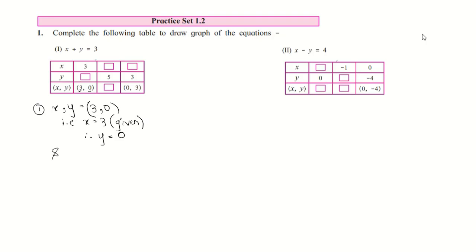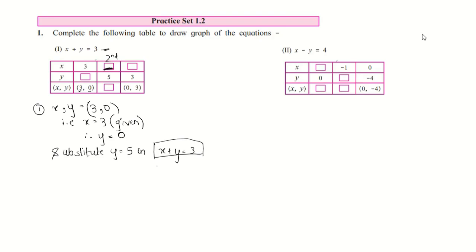Now we will substitute y is equal to 5 in the first equation, that is x plus y is equal to 3. This is the first equation. From here y is equal to 5, we will substitute y is equal to 5 in the given equation x plus y is equal to 3. Why will we take y as 5? Because from the second scenario x is blank. We need to find out the value of x, and y is 5.